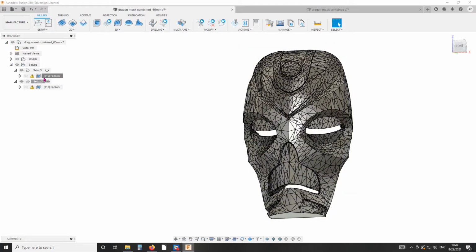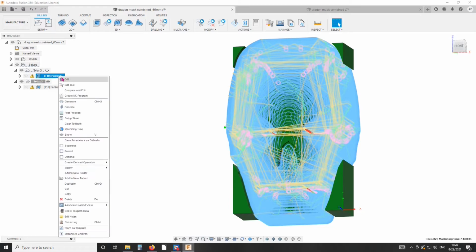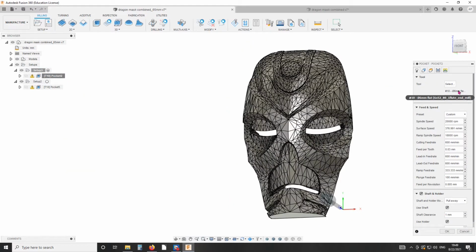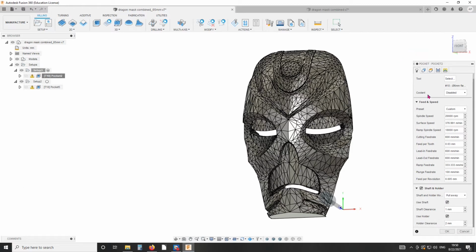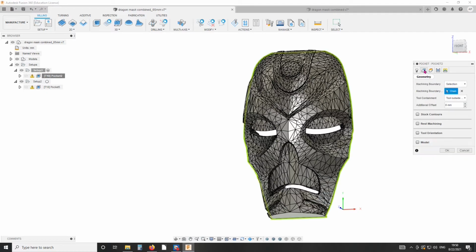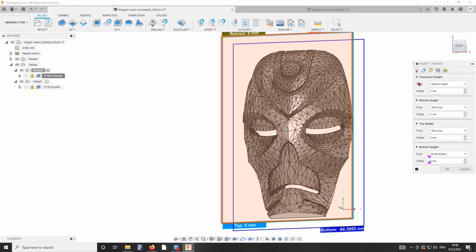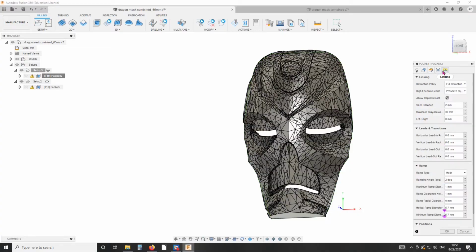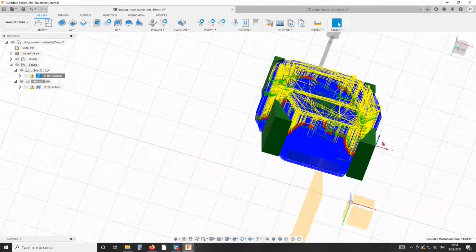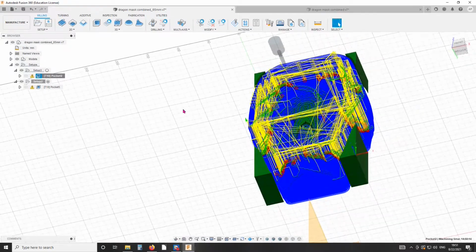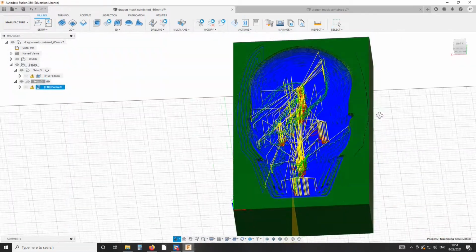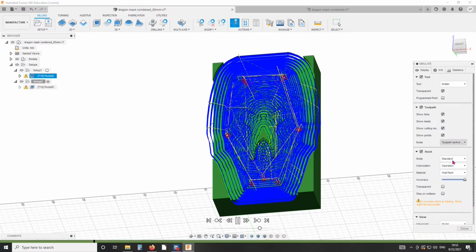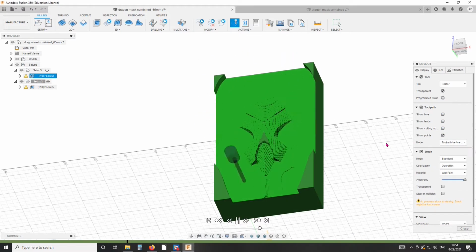Alright, the toolpath here is a simple 3D pocket clearing. I'll be using a 6 mm diameter, one flute end mill. I'll just click through the tabs so you can see my settings. The step down is 1 mm. I'll show you a simulation, because later it may not be obvious what my CNC is doing.